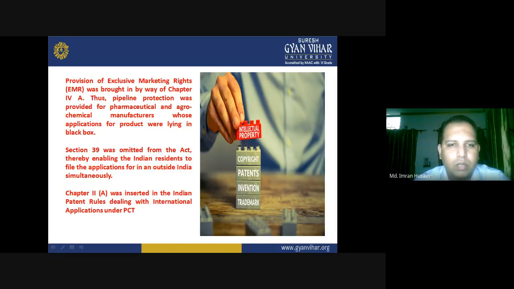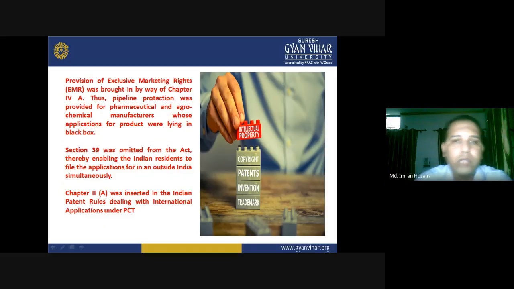pharmaceutical and agrochemical manufacturers, granting a patent or legal rights takes a lot of time, for the reason that these products have a different scenario linked to them, right? They are mostly involved with living systems, different types of organisms or different types of plants. So if they have any side effects or any effects that are not yet known to the scientists, then it can create a big issue.